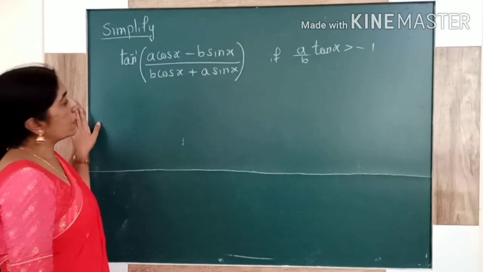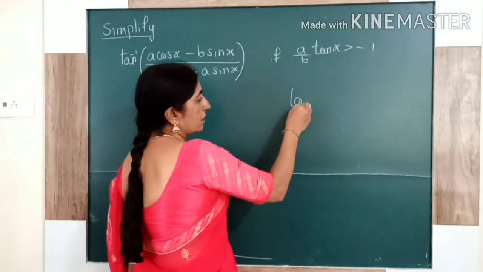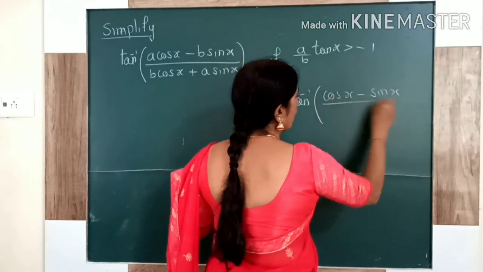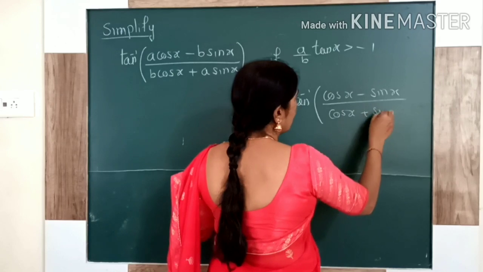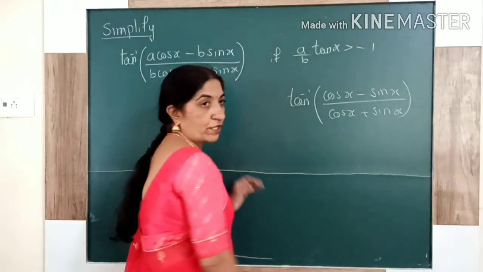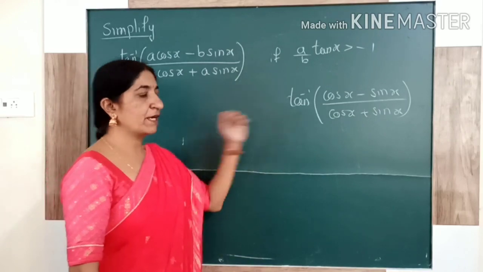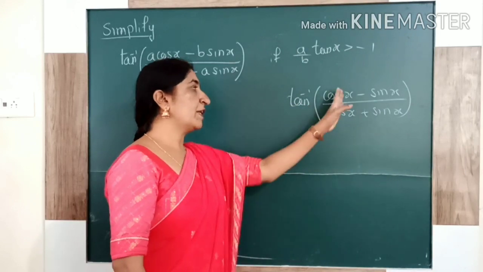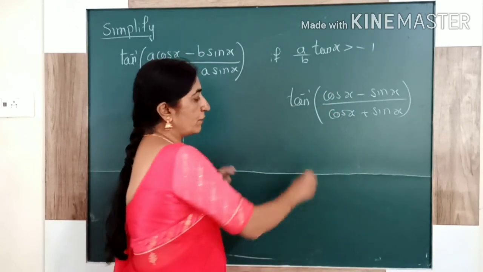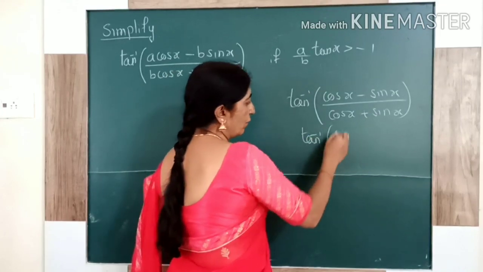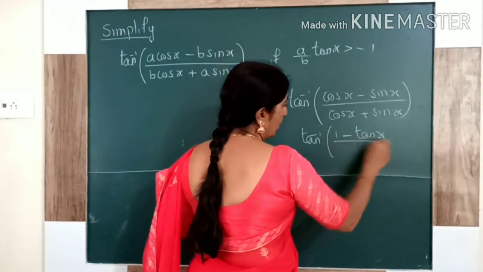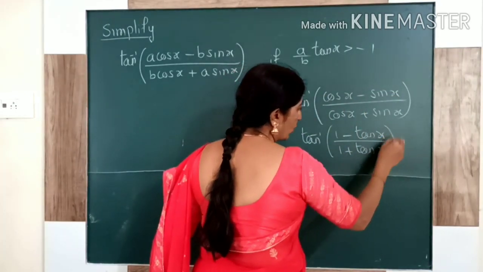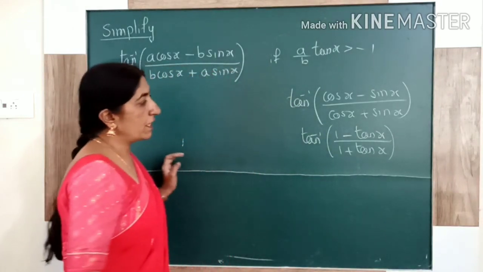In one of the previous classes, I explained a sum like this: tan inverse of cos x minus sin x upon cos x plus sin x, and the question is write the following in the simplest form. In that category, I explained this. If you practice the sum, you remember this problem and you know how to solve. Here we are taking cos x common. After taking cos x common, you are getting tan inverse of 1 minus tan x upon, because taking cos, sin by cos will be tan. Already we solved the sum and I thought you are practicing, that's why I wrote the steps directly.